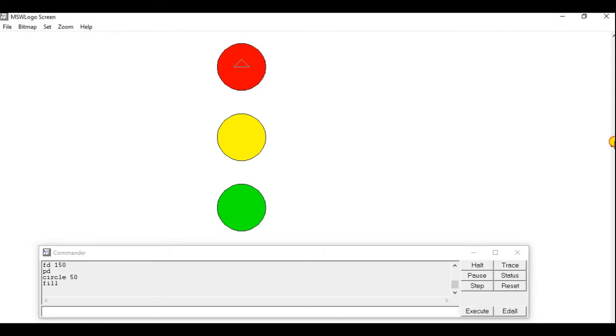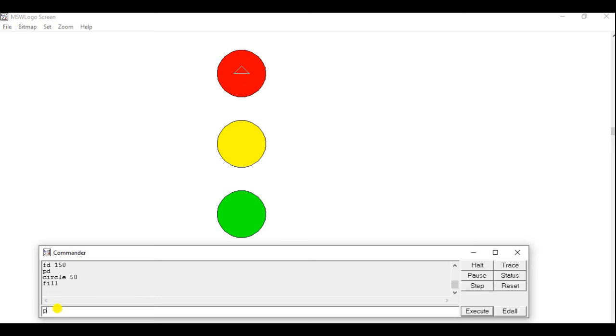Done. Now we want to draw this rectangle outside of those circles. So how will we draw this? First of all, I will take the turtle outside, up to here, without drawing any line.